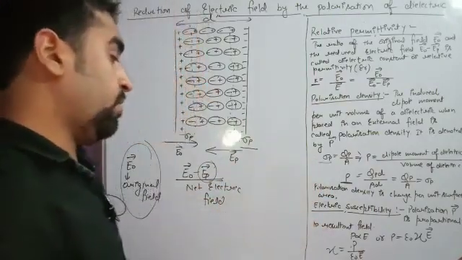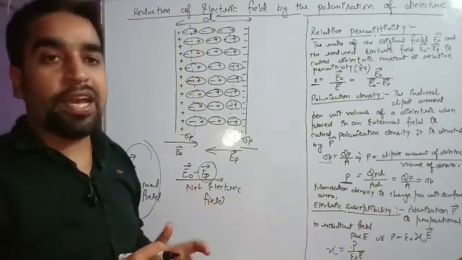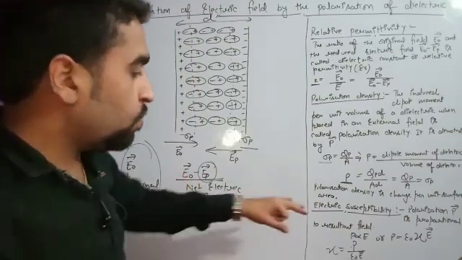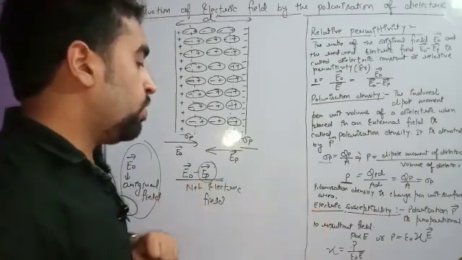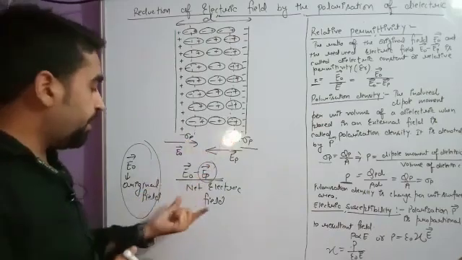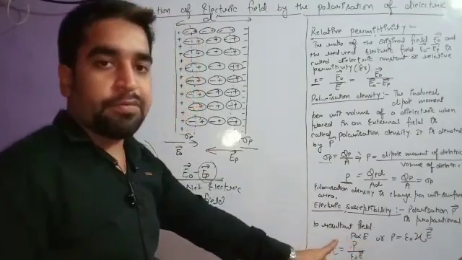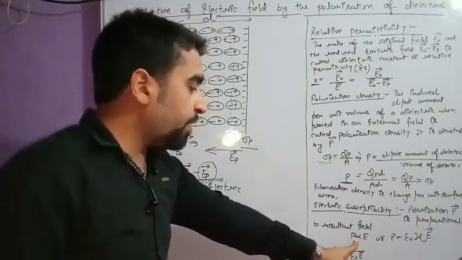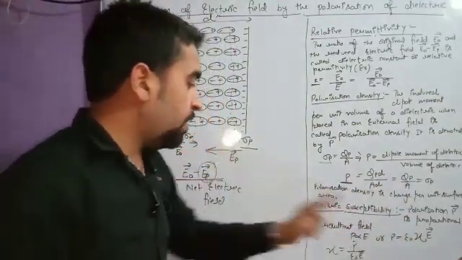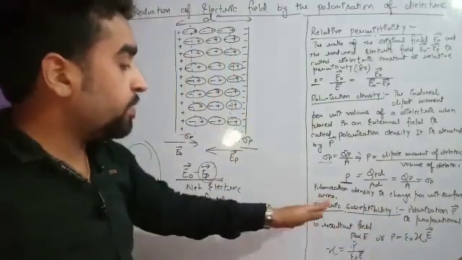Electric susceptibility. What is the meaning of this? This is about how a material can acquire a charge, the property of how quickly a material can acquire the charge. Polarization is proportional to the resultant field. The more the resultant field, the more the polarization. So polarization depends on the electric field. When P is proportional to E, and the proportionality sign is replaced by equal, two constants will be introduced. You have to remember, one is epsilon naught, and another one is xi. This xi is the susceptibility.